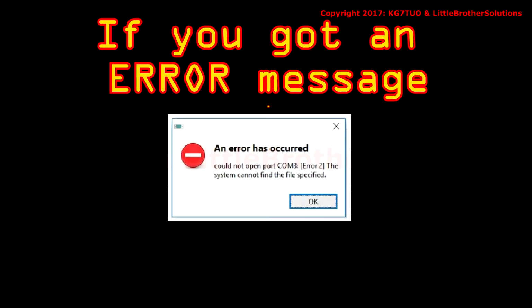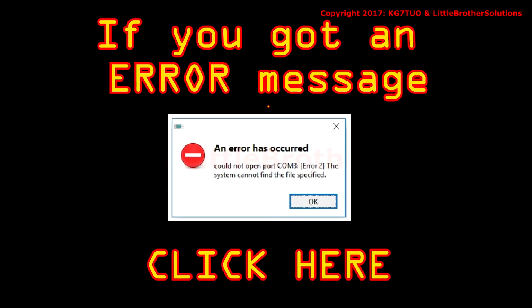So if you didn't get an error, just ignore this screen. But if you did, and it looks something like this, then the first thing to check is your COM port selection, and the second thing is the driver for the chip in the cable. I've got videos for both procedures on my channel, so you can click the link down below. If you had the correct COM port selected, check the driver as well. If you had the wrong COM port selected, only change that and try again. If it still doesn't work, then go to the driver video. And if the link below doesn't work, just go to the listing of my videos and find the two videos for the driver and the COM port on Chirp.